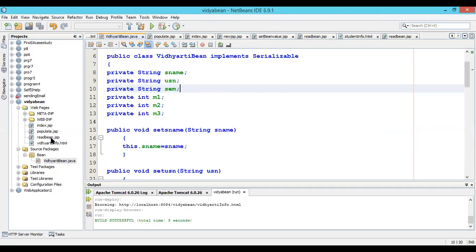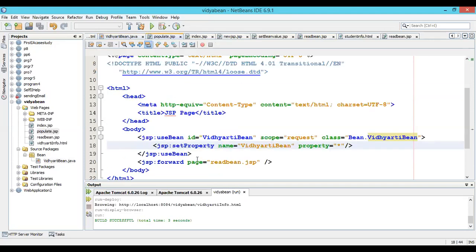Whatever the value you are pushing from the HTML page, those values are going to store as sname, USN, M1, M2, M3. So with the help of two intermediary beans, one is to store the value onto the bean. The other is with the help of a read bean, you are reading the information content which is present in the student bean.